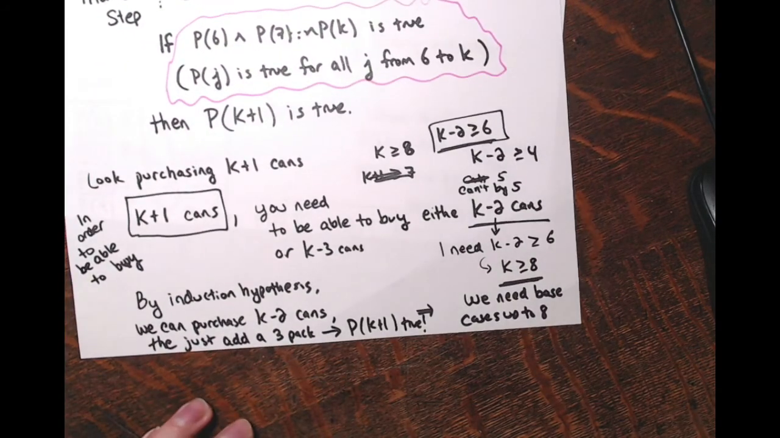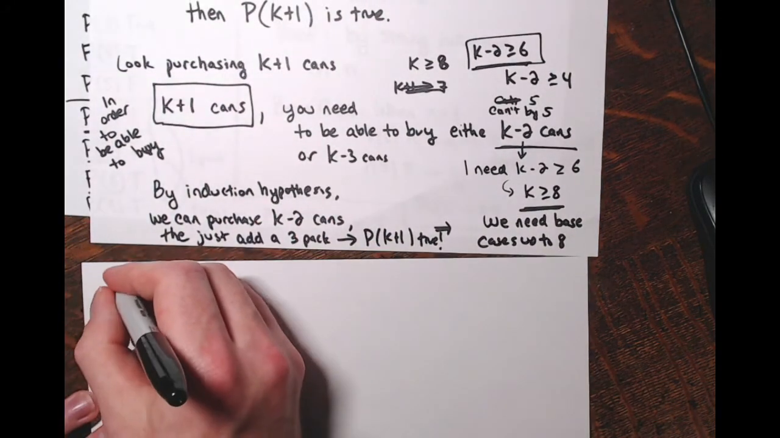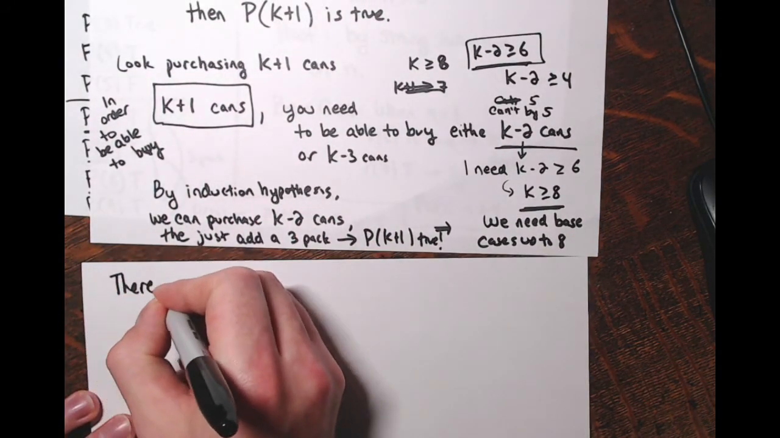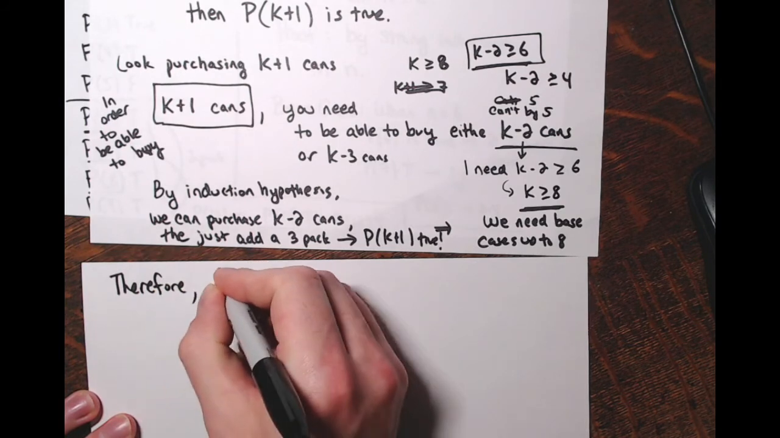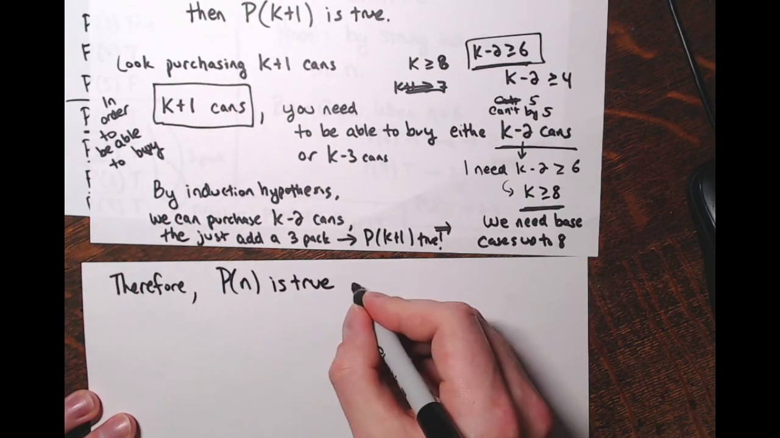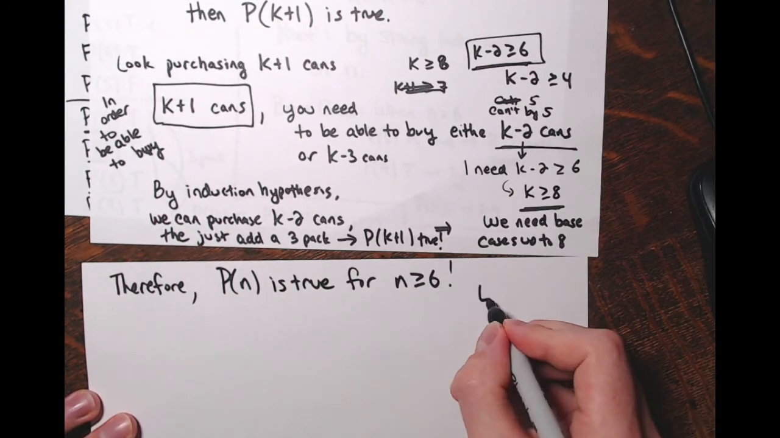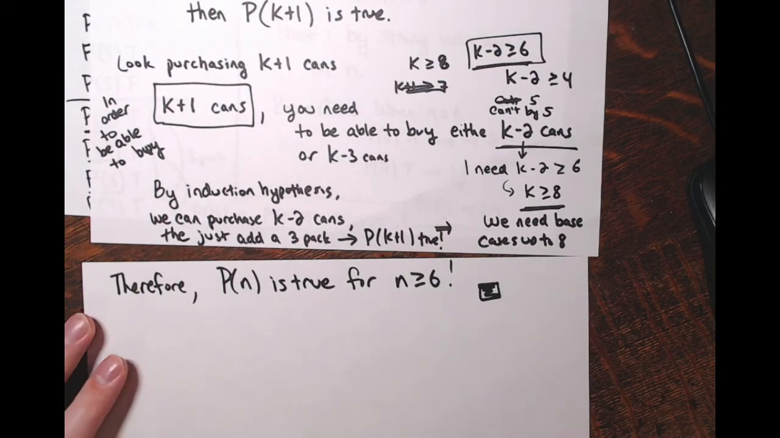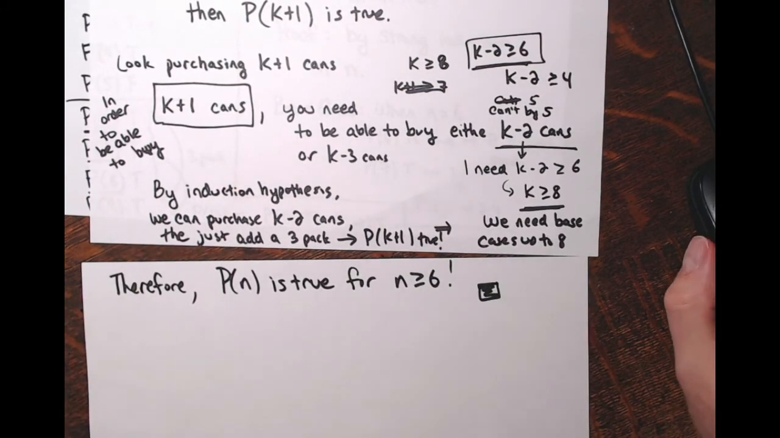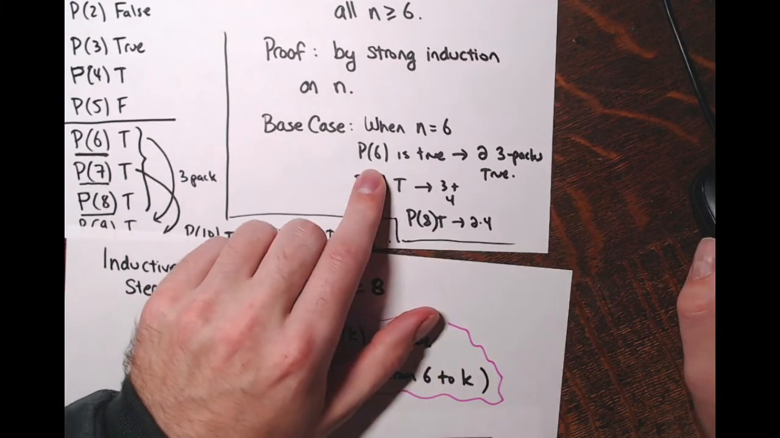Therefore, this was very jumbled. I do apologize. But therefore, P of n is true. You can purchase any number of cans for that number being greater than or equal to 6. Right, and that's exactly what, now, again, this was jumbled because I started off with the wrong number of base